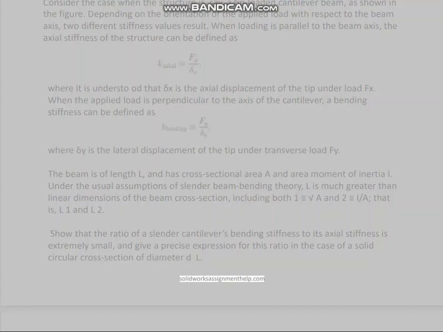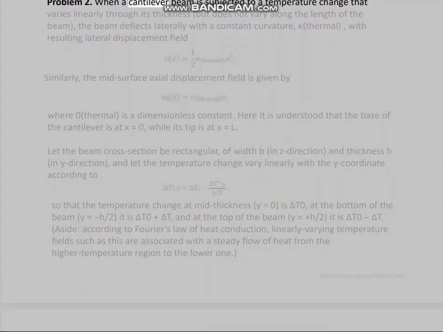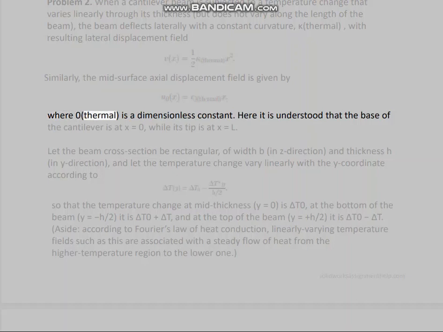Problem 2. When a cantilever beam is subjected to a temperature change that varies linearly through its thickness, but does not vary along the length, the beam deflects laterally with a constant curvature, kappa thermal, with resulting lateral displacement field. Similarly, the mid-surface axial displacement field is given by, where epsilon 0 alpha thermal is a dimensionless constant. Here it is understood that the base of the cantilever is at x equals 0, while its tip is at